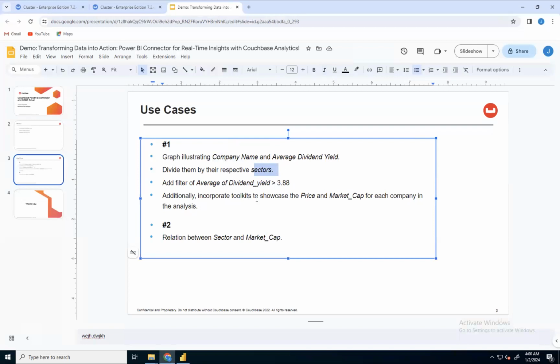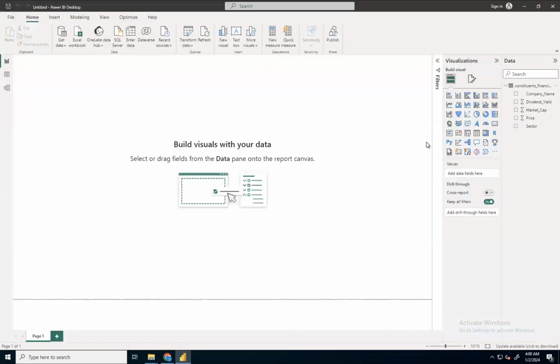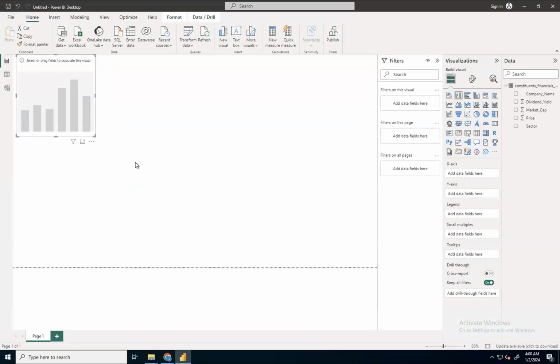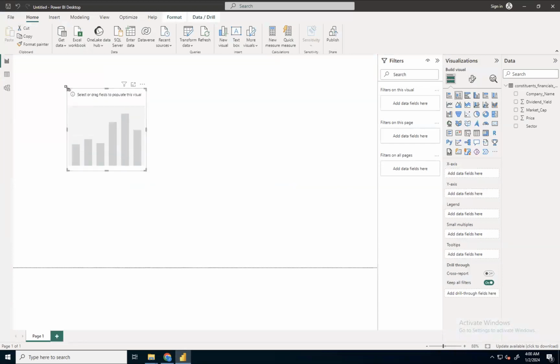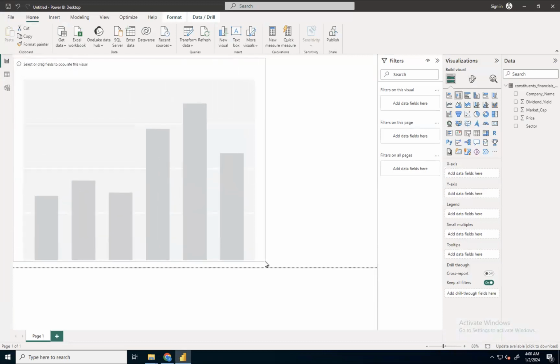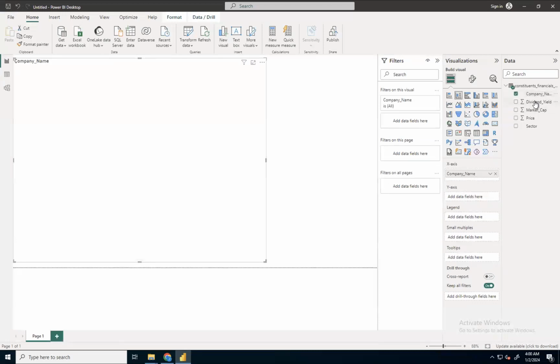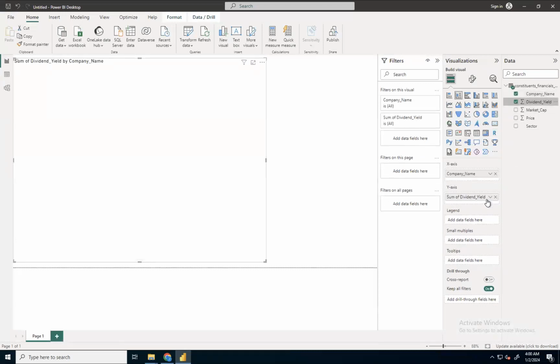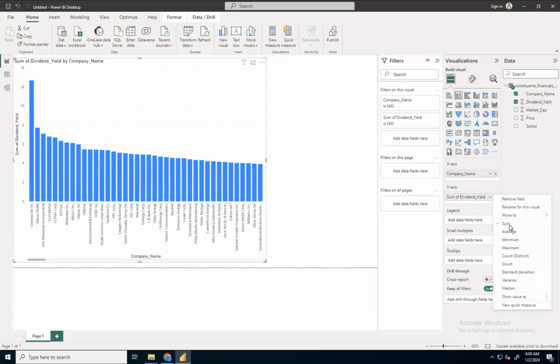Then I'll add some filters and some tooltips on it. So bar graph. Company name x-axis, dividend yield y-axis, and I want average and not sum. So I have changed it here.